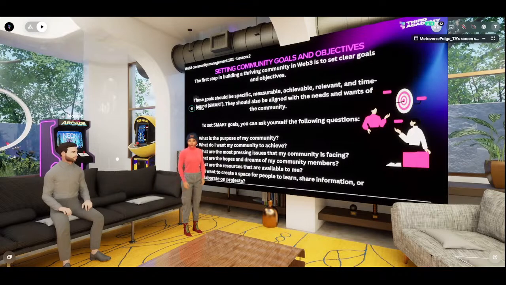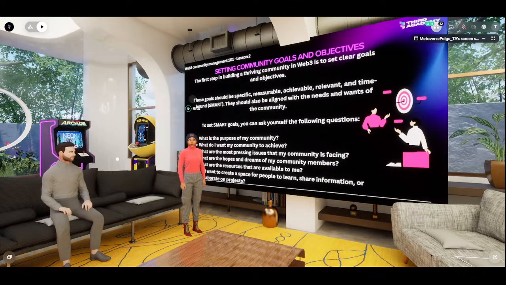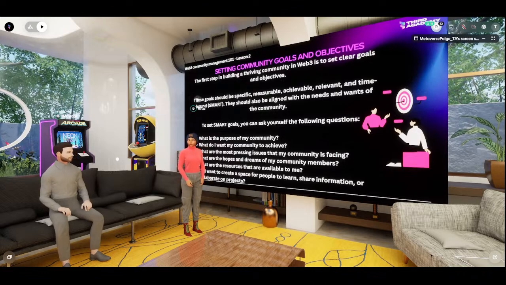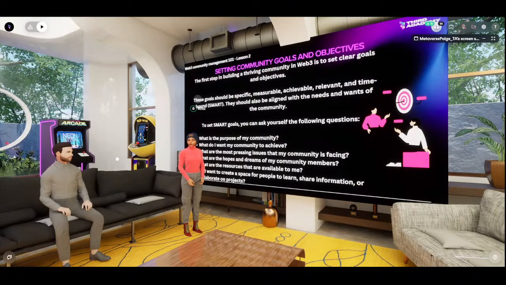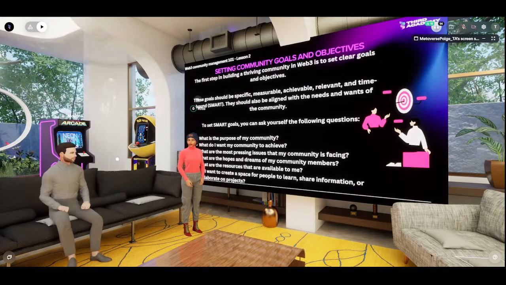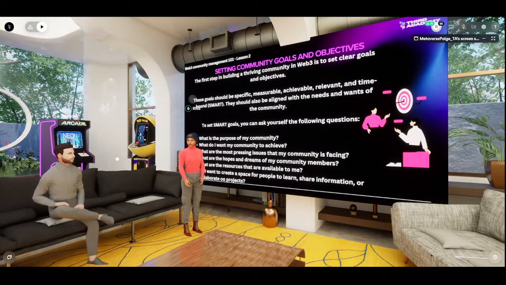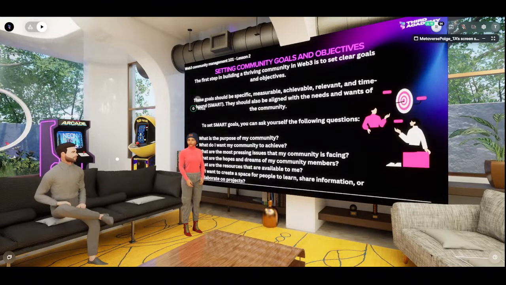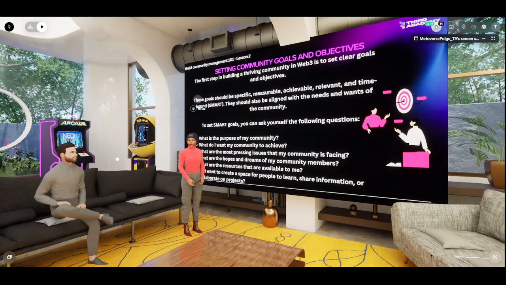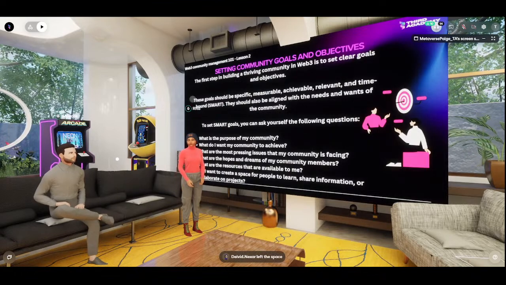So you want to ask yourself, what is the purpose of the community? Why does the community exist in the first place? What do I want my community to achieve? What are the most pressing issues that my community is facing? What are the dreams and the hopes of my community members? These are questions that you take time to research.